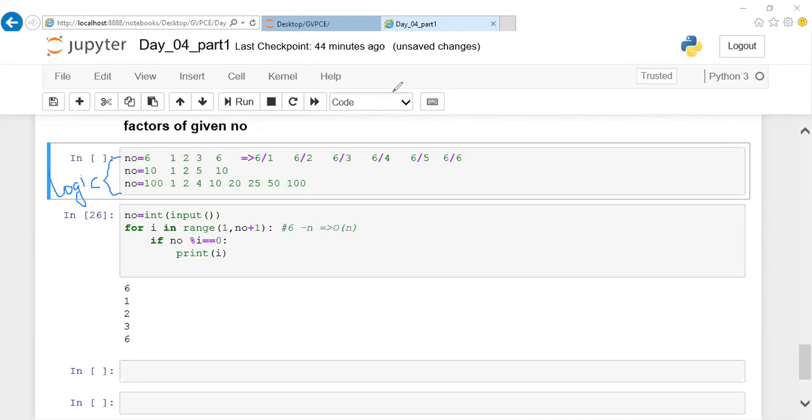No, that is not the logic. You're saying all the values are common, but no, that is not the thing. No, five is missing. Yeah, five is missing. We'll type it here.